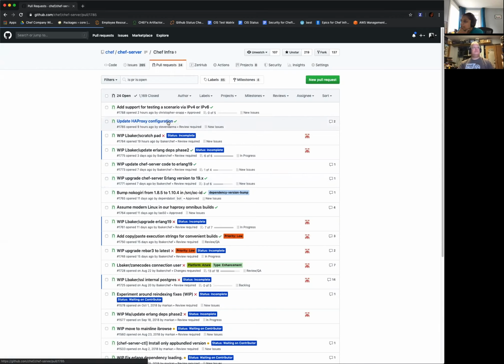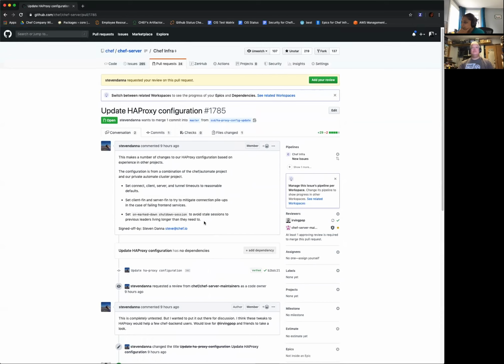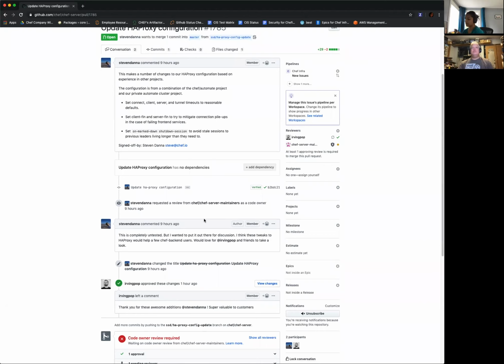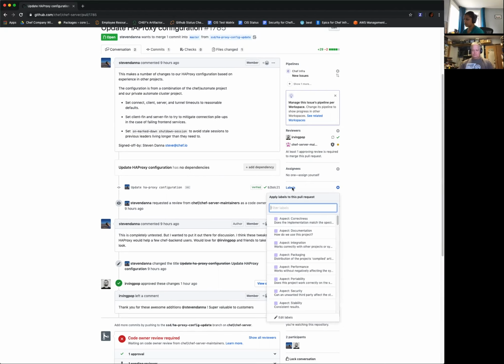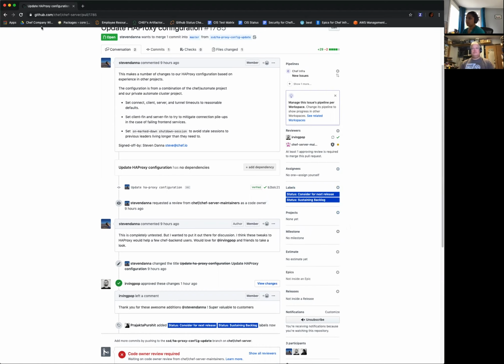I think one of them is this, from Stephen Nana. And like you said, this looks good, but it's a good idea to get this tested with Chef Backend before we merge it in. So I will add it to the sustaining backlog.